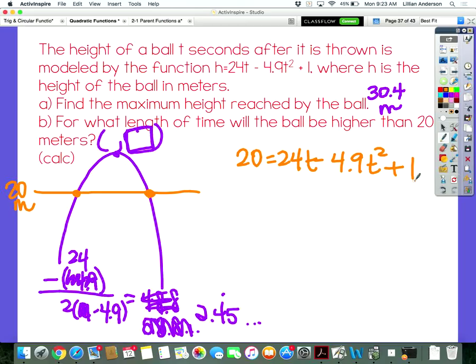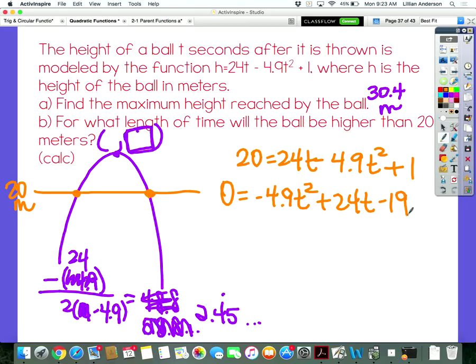How would you solve for time? How would you find that value? You can use the quadratic formula. Okay? In order to use the quadratic formula, I have to get everything to one side, correct? So I have 0 equals, and just for the sake of a, b, and c,